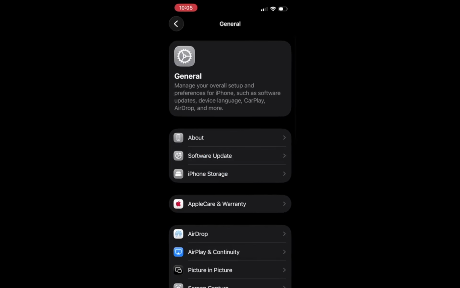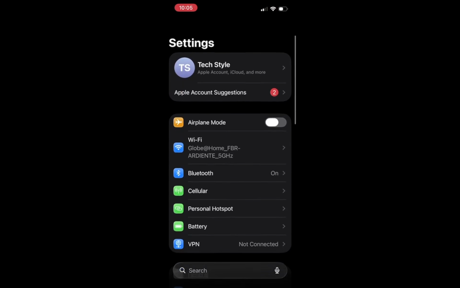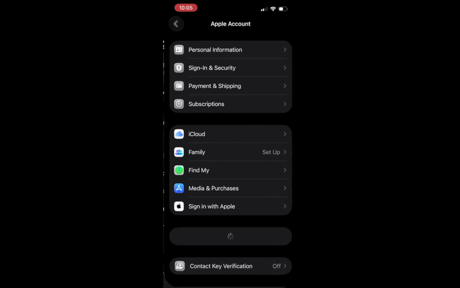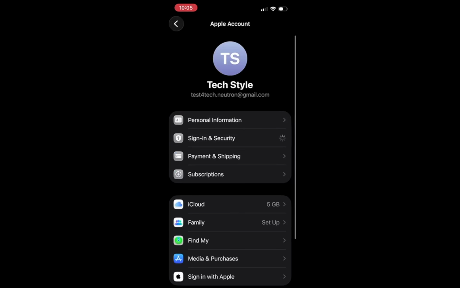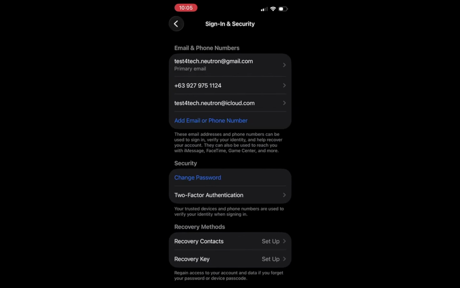If you use iCloud Photos, go to Settings, tap your name, then select iCloud and Photos. Make sure Sync this iPhone is turned on. This setting allows your photos and videos to be synced across all your devices. If they are still downloading from iCloud, you may need to wait until the process is complete. This is vital because a disrupted sync can lead to photo loading errors.